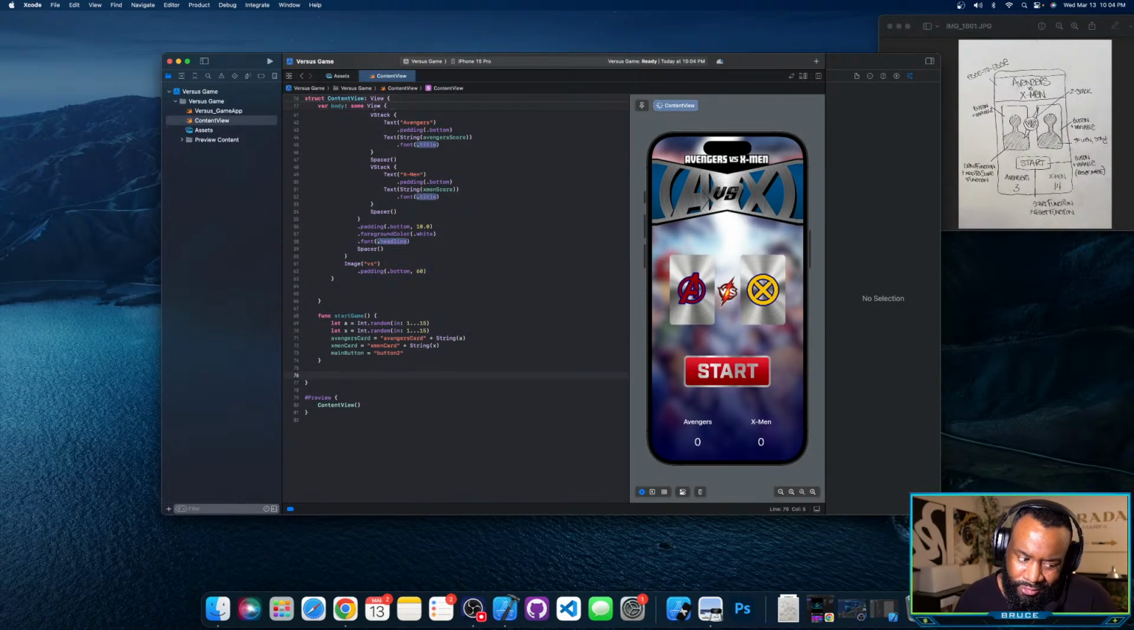So wait, how many functions do I need? Oh, I wrote it down on my thing. I gotta look at the paper. I can't look on screen. Start function. We need a reset function. So that means